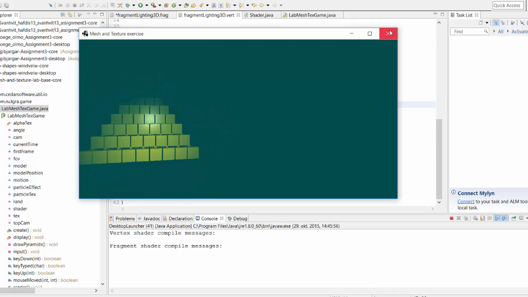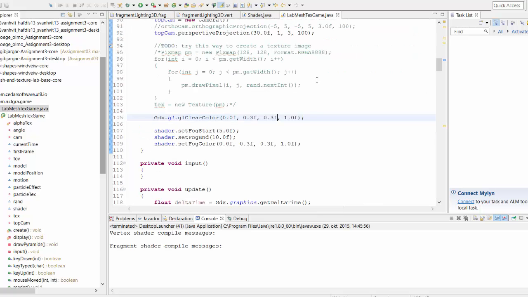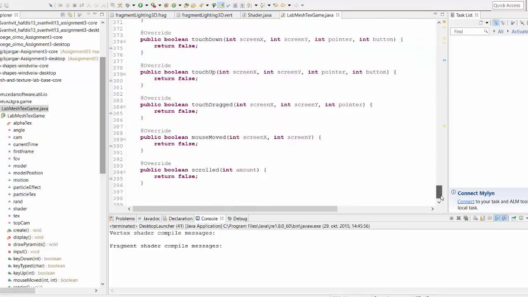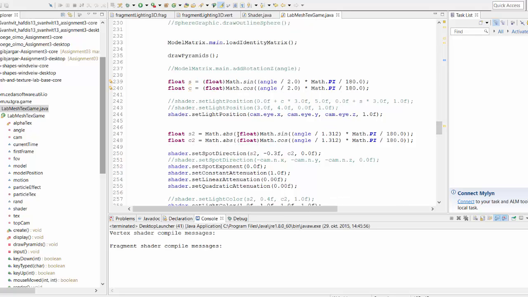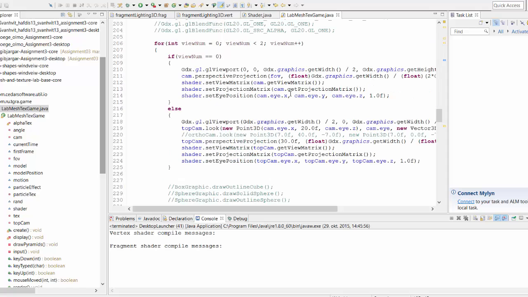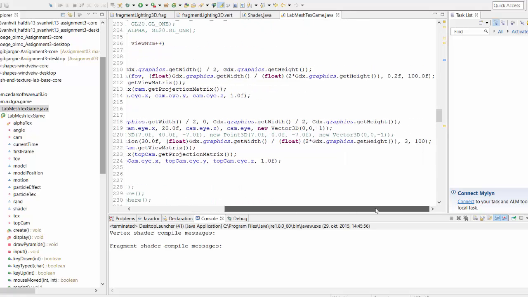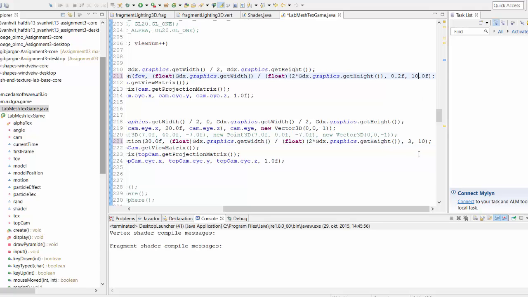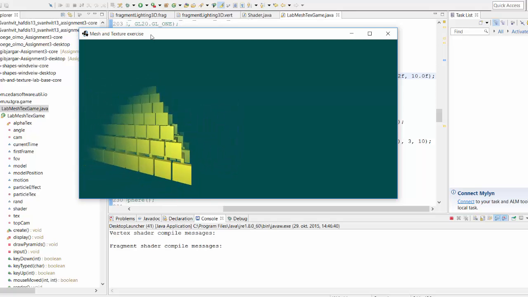and that means that we can actually go ahead and optimize a little bit by going into, save everything, by going into the game class where we're making the cameras. Where's the camera? Okay, here we have the cameras and perspective projection with this near plane and this far plane. Now the far plane can be at 10 if we want. And this far plane can be at 10 as well, because we have a fog at 10. So okay, it doesn't really